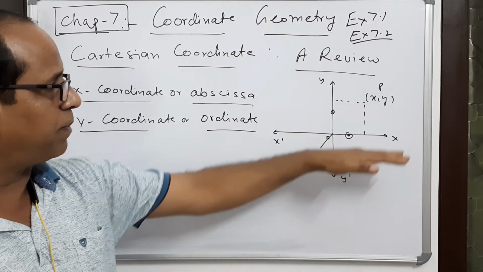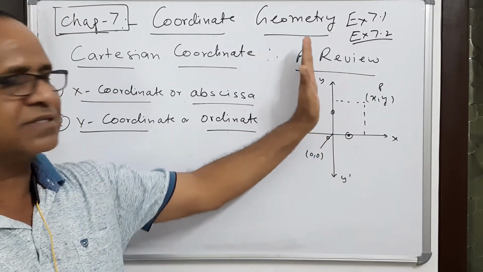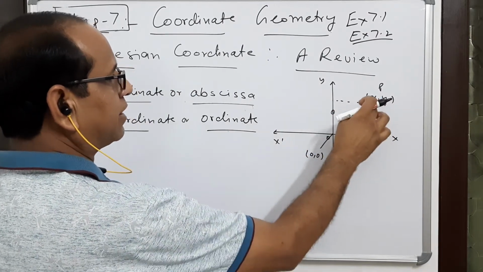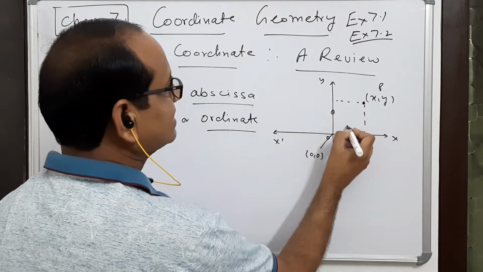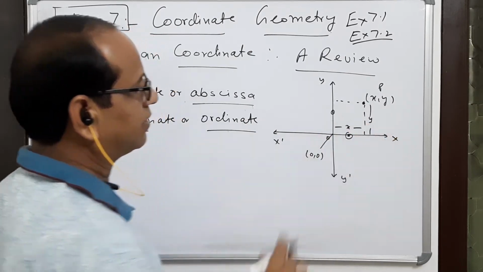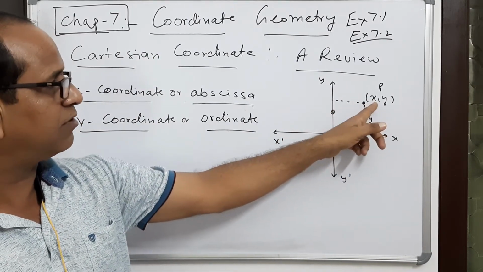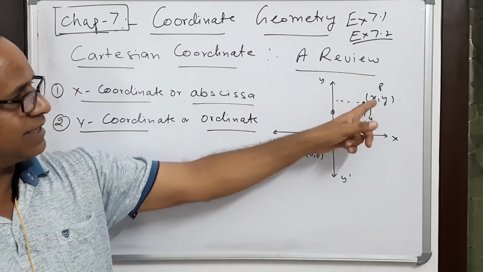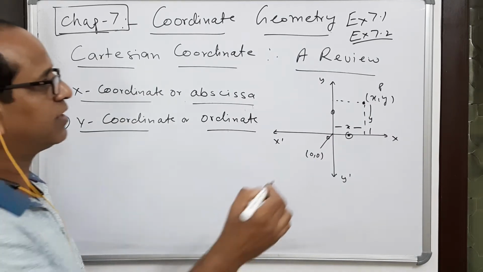If I draw two perpendicular lines, then this is known as the x-axis and this is known as the y-axis. And if we plot any point, then the coordinate of the point is x, y. Here this distance is x and this distance is y. So what is the x here? It is the distance of the point from the y-axis. And what is the meaning of y? It is the distance of the point from the x-axis. It is inverse here. Please try to understand.